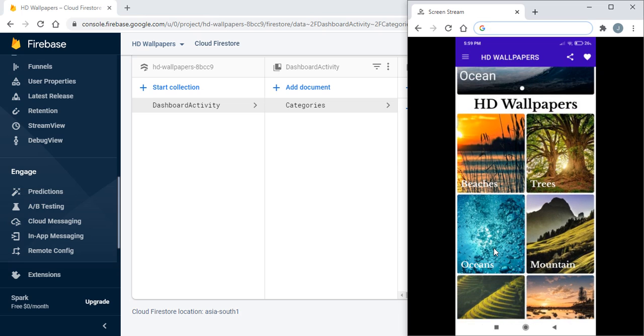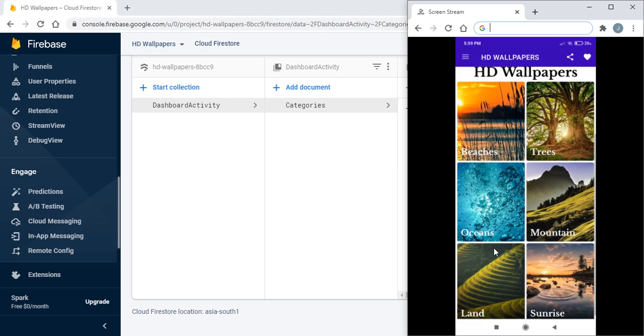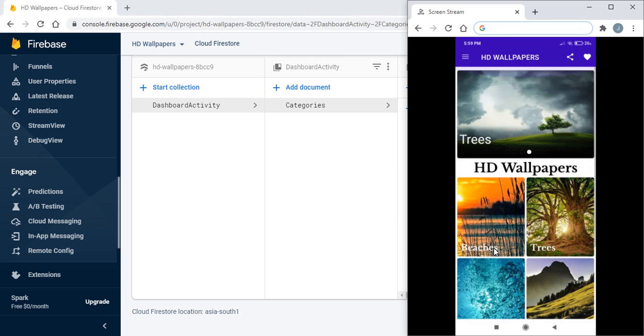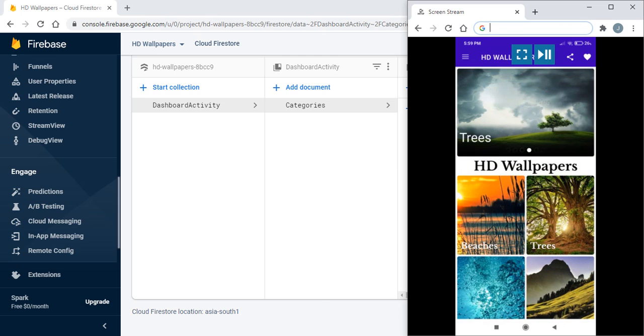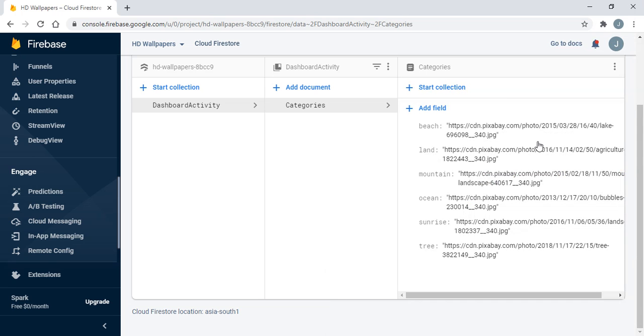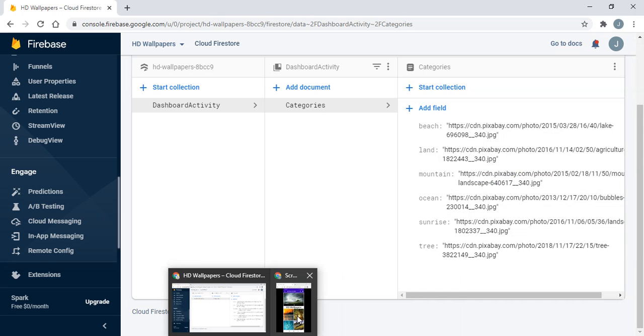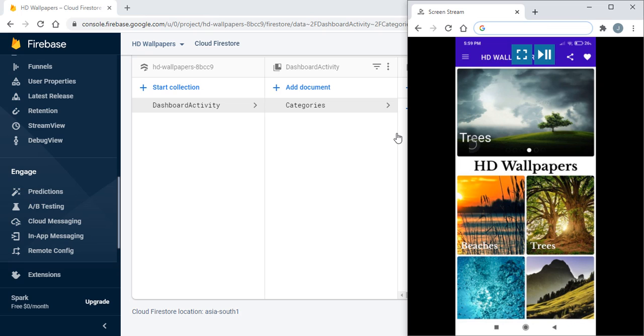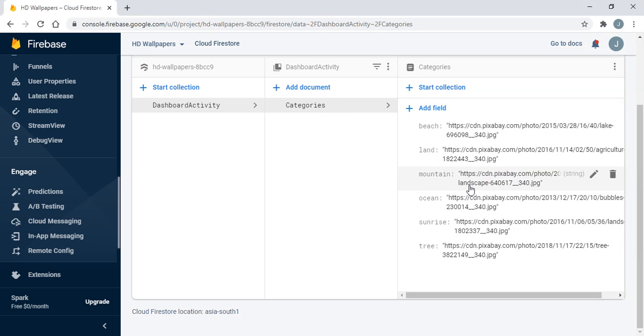And then we have one title for HD wallpapers, and here we are loading some categories, for example beach, trees, oceans, mountain, land and sunrise. And we have the static image for our slider. So there is no option to make it dynamic, so I had written a link there specially. So when we update the app we will change that, but for